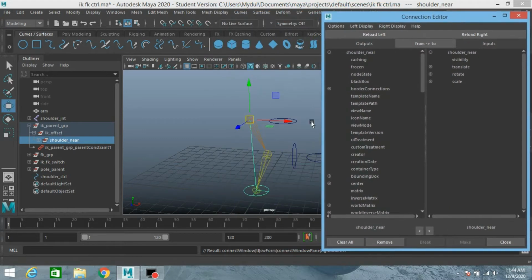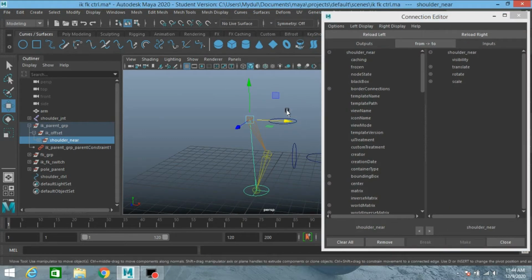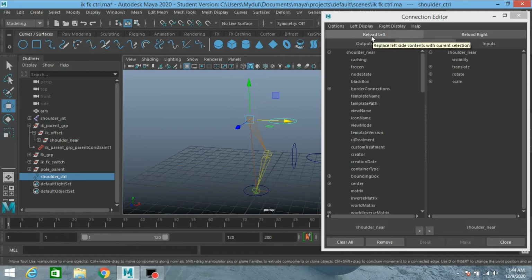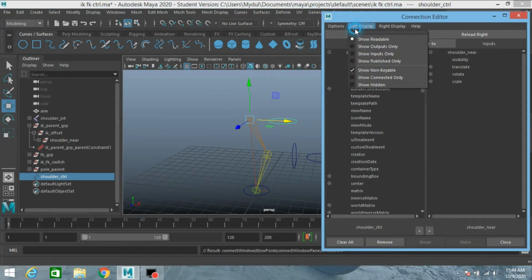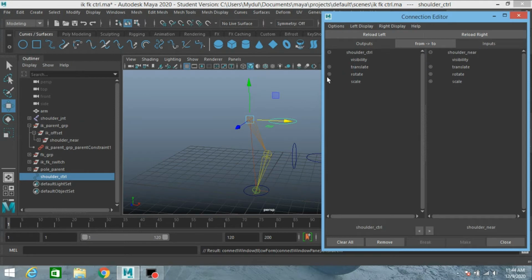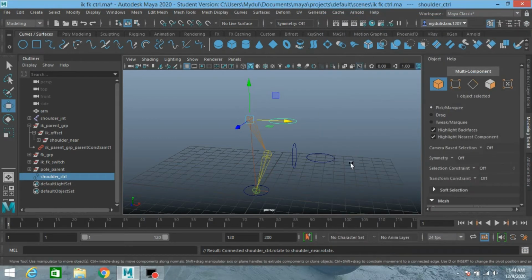Now select the shoulder controller. Click reload left. Connect the rotate of the shoulder controller to the shoulder near to rotate. Close it.